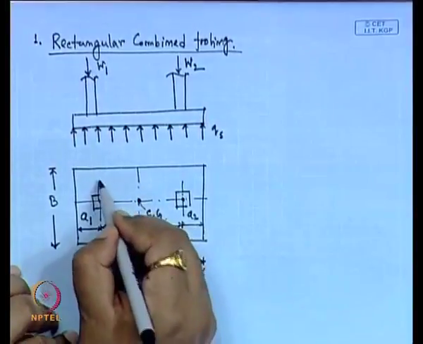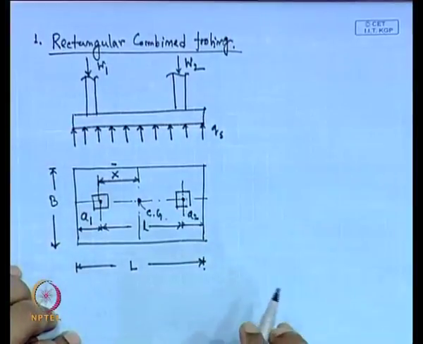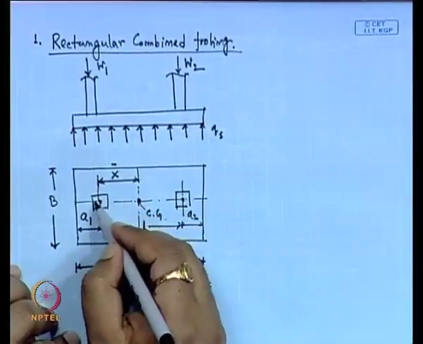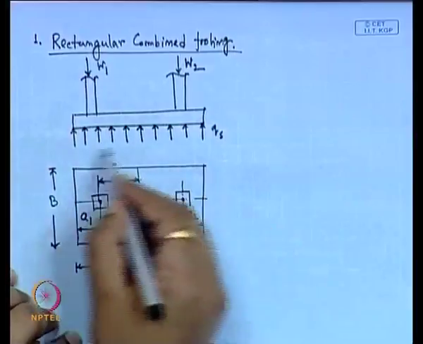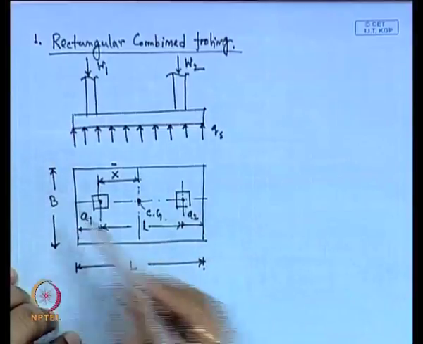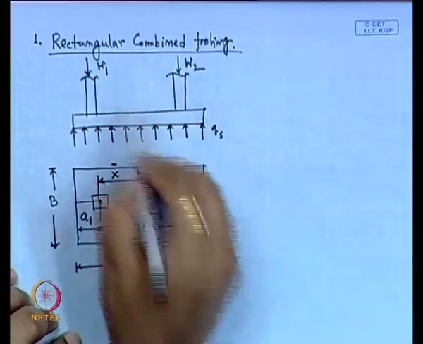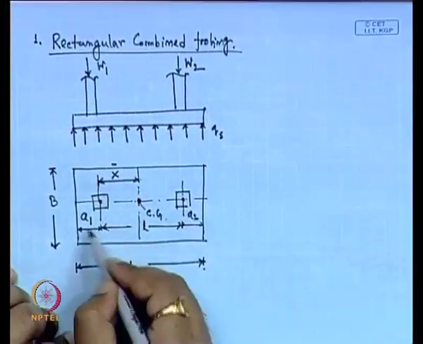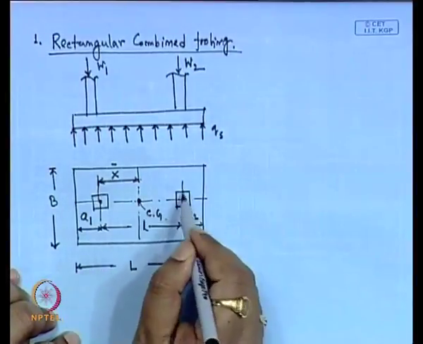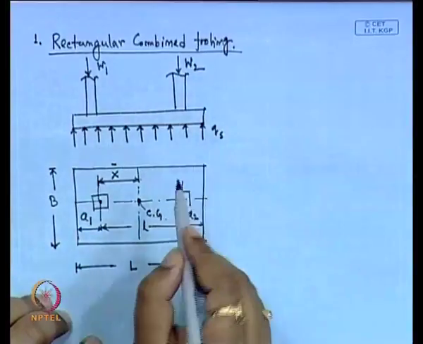Now, x bar is the distance from the centroid of the total combined footing to the center of the first column. We have to choose the dimensions A1, A2, B and L, because small l, the center to center distance between the columns, is known. We have to choose A1, A2, B, L such that the resultant force, that means W1 and W2, the two forces acting on the columns,